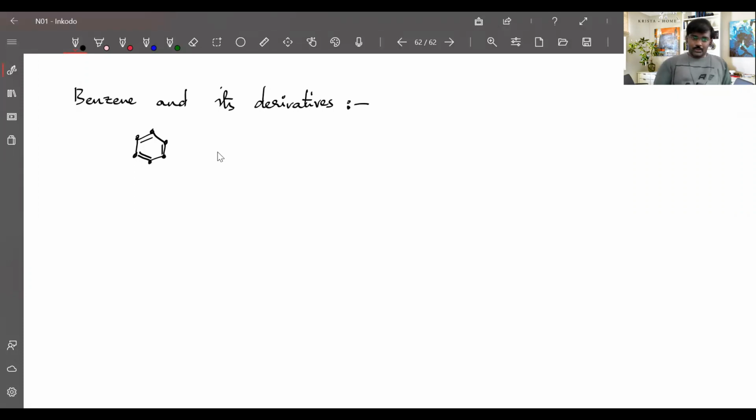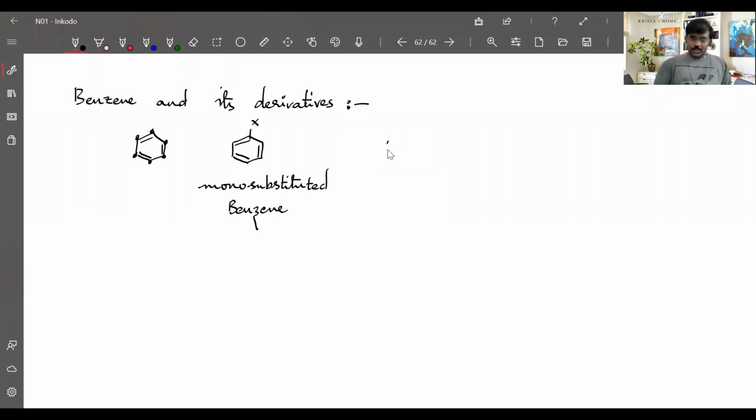Like I substitute some X group here on the benzene ring. Suppose I kept some X, that means in place of one hydrogen, some X group is there. So it is mono substituted benzene, because only one hydrogen is replaced. We are just doing substitution, that means we are just replacing that H plus ion with another positive ion. So that is mono substituted.